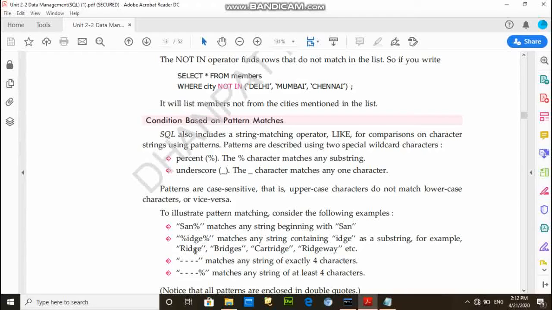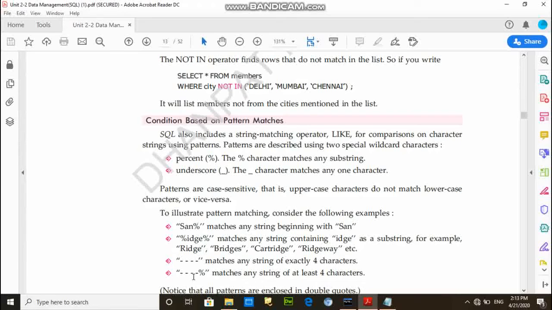For example, this one with 4 underscores means by using this we can show the records of those employees who have only 4 characters in the name.